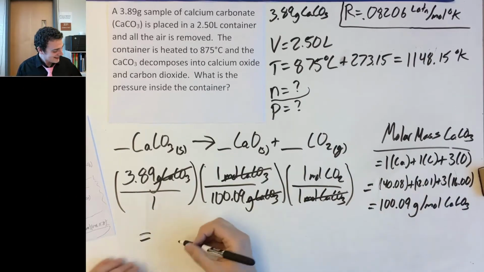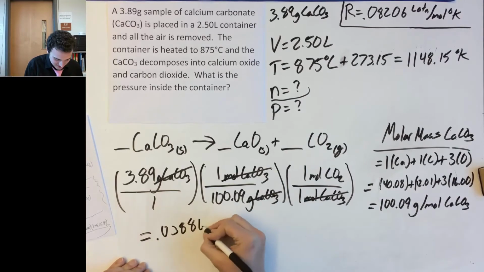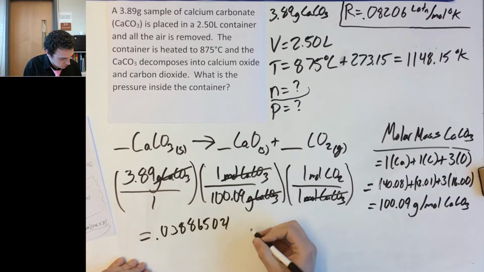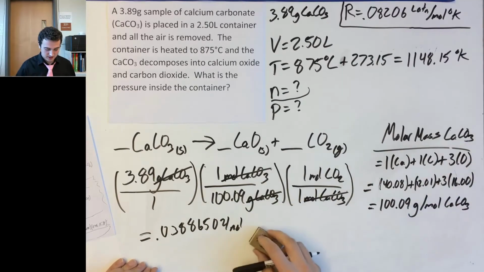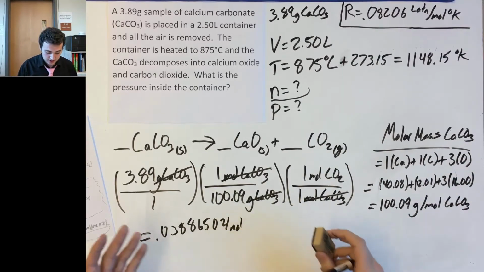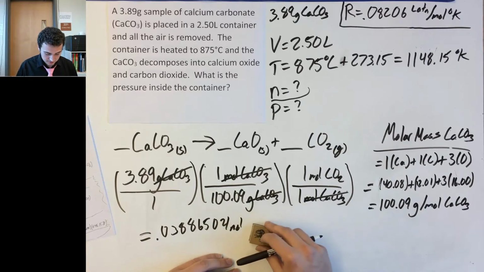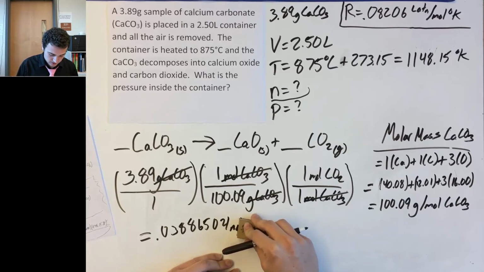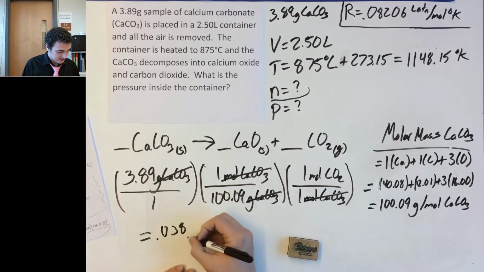Okay, so I end up with 0.038865021 moles. Let's use significant digits to round. You could carry this number through and then do significant digits, but I'm going to just cut this off and round it to 0.0389